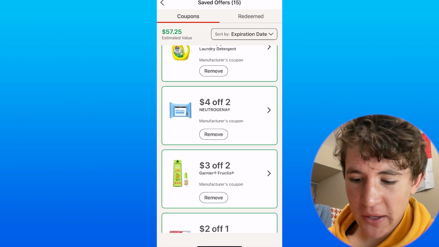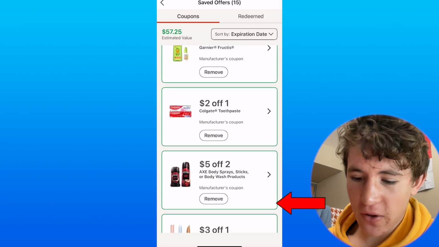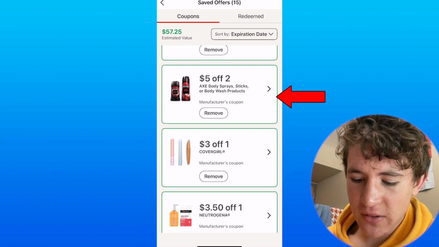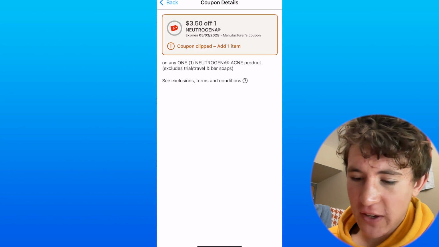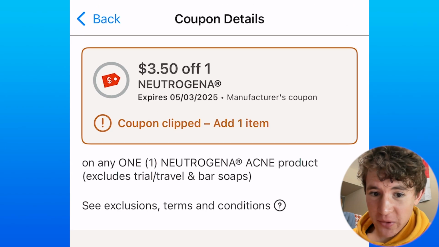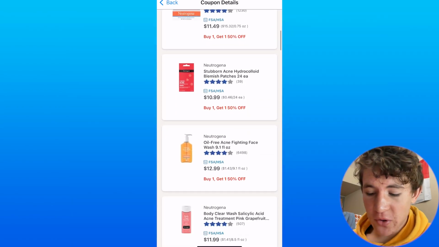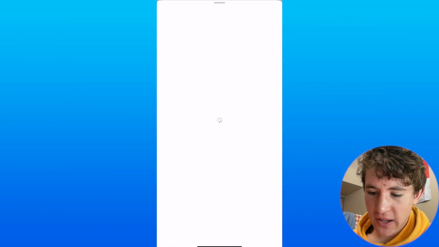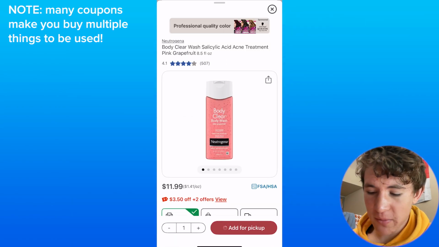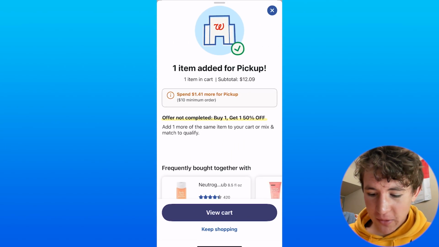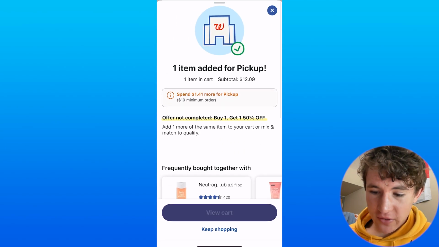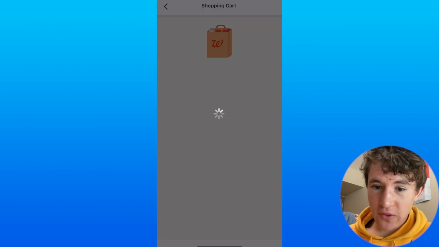And once you're on this page, you can basically click on any of these offers that you want to redeem. In this case, if I want to redeem this one for this face stuff, you can see I cannot currently redeem it just because I don't have an additional item in my cart, which this coupon actually requires you to have. So I'm just going to add something. You can do this more customizable depending on the coupon that you may want. But you can see right here, now that I've actually applied this coupon, we can actually view this item,